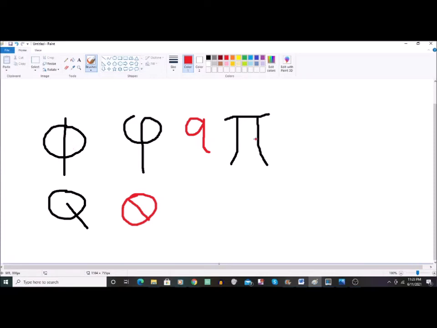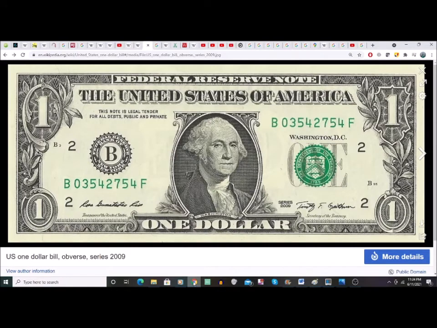And then watch this as well, we've also got pi here. If I do this real quick, so we've got this symbol, phi, and then if we add pi in, here's pi, and then let's put the two legs on. There we go. Man being born from the pi and from the phi. I don't know, am I reaching too much? You tell me. But anyway, there's that Q shape, and that Q shape becomes a 6